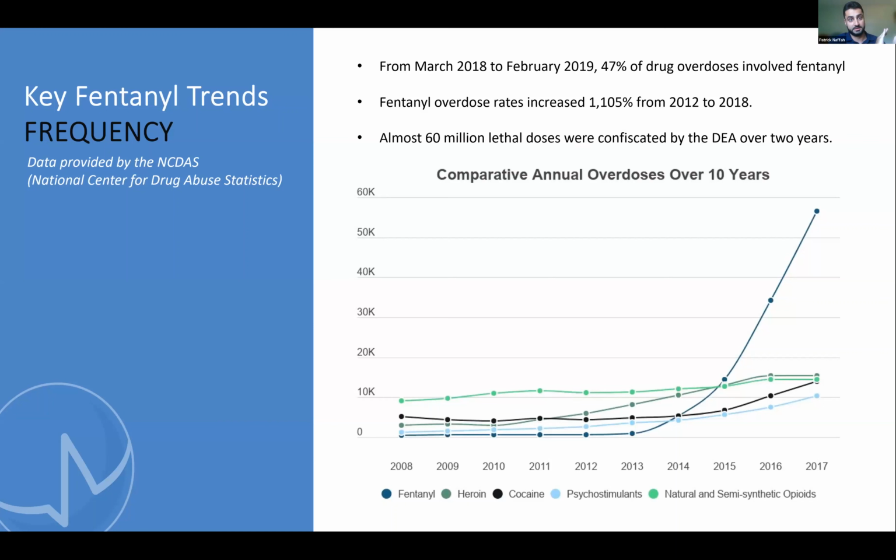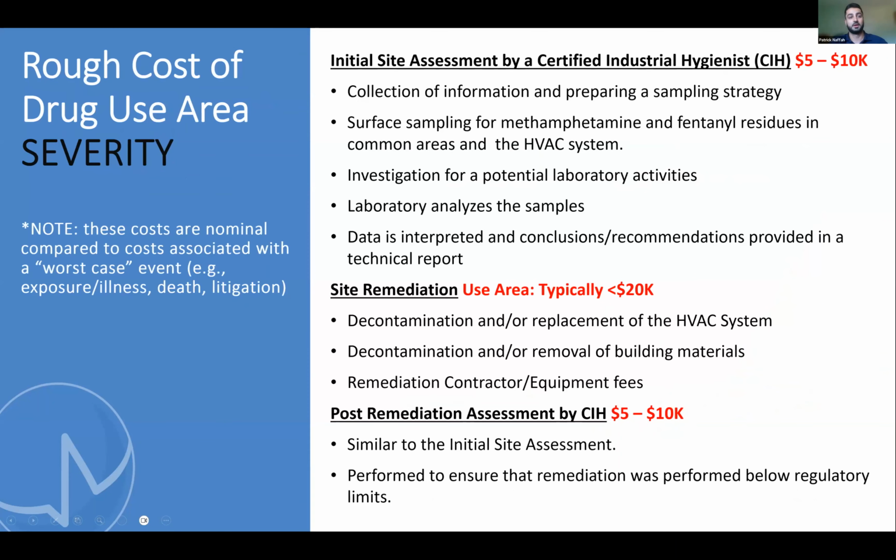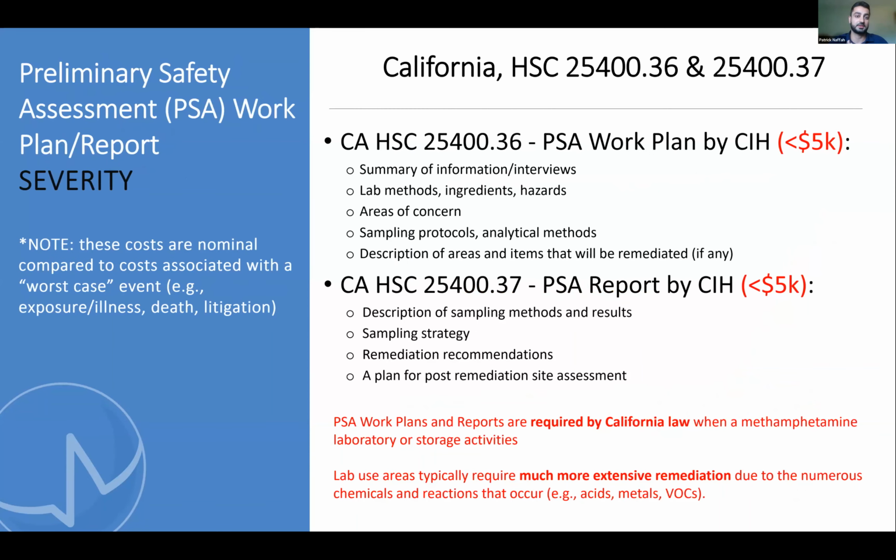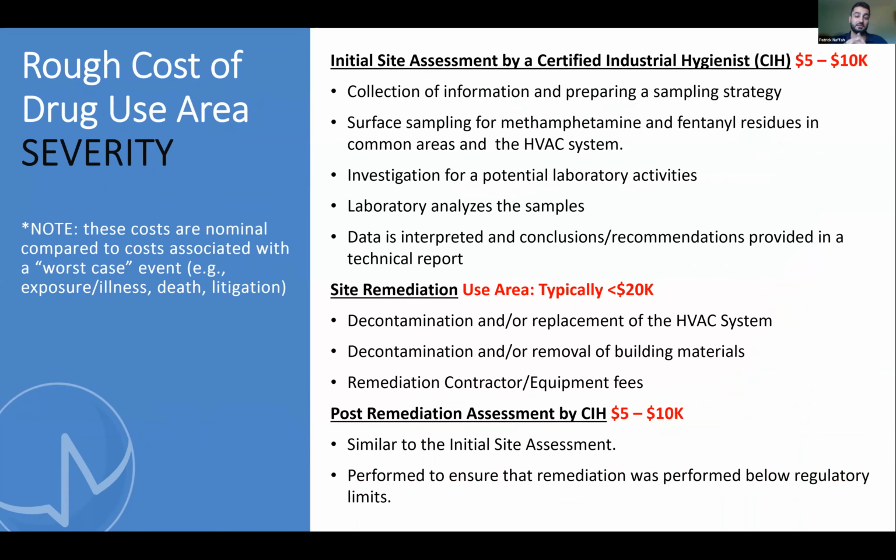They put up a sign, no entry, and you have to go through all those channels that Roosevelt was breaking down for us: a PSA work plan, a PSA report. You have to make that plan, get it reviewed and approved by the agency, then they send it back, and it's a whole chain of events and records. So I don't know if anybody else has any thoughts on that, but I would imagine it could be public record.